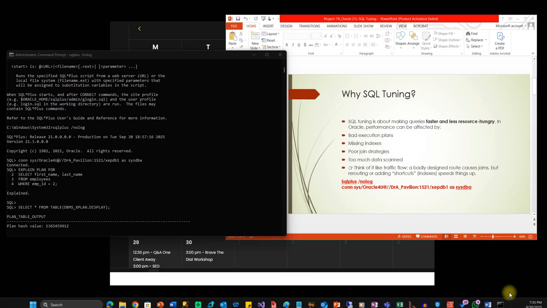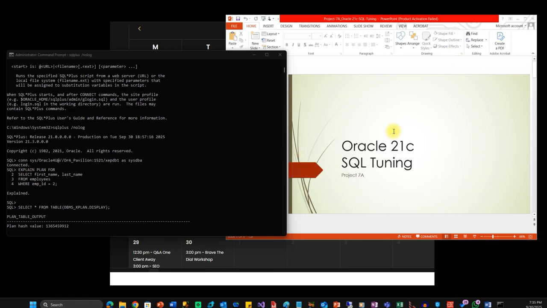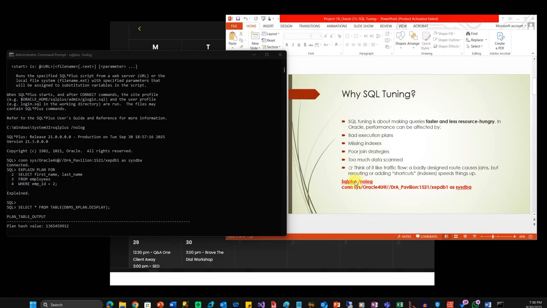Hello and welcome to Oracle 21C database SQL tuning. This is project 7A. We will be using the PowerPoint presentation on the right, and we'll be using the command prompt when you log on as administrator on the left. You log on with SQL /nolog, so your password will not show here. All right, now to make life easier,